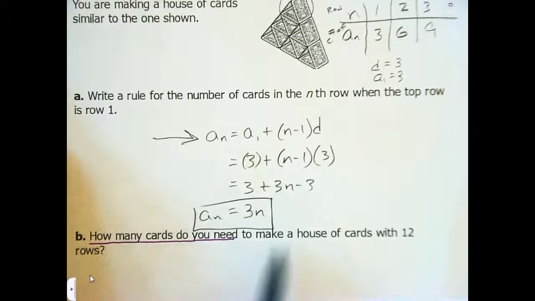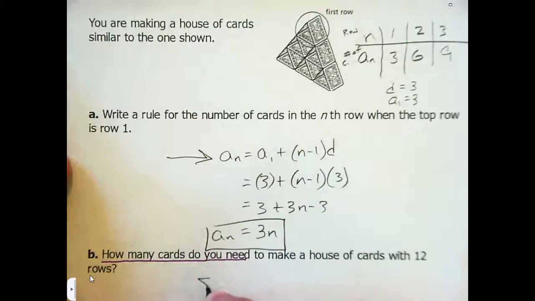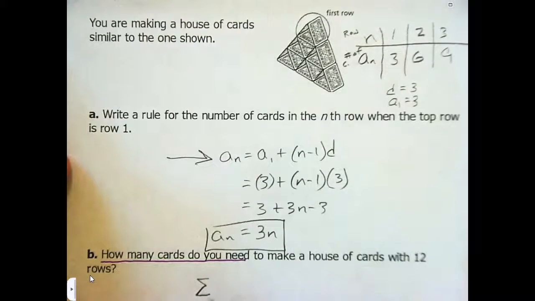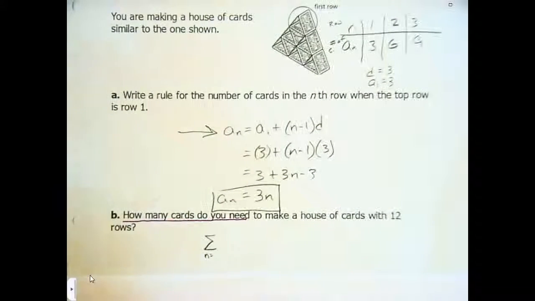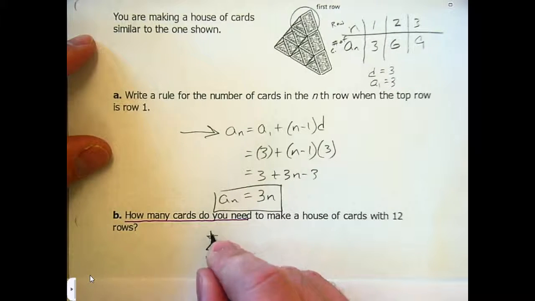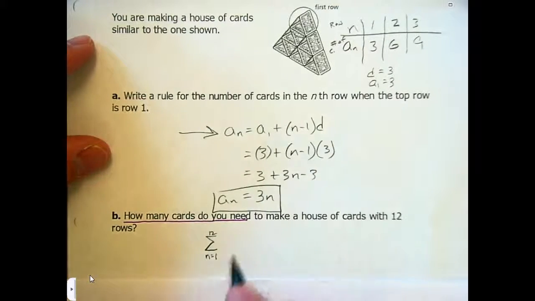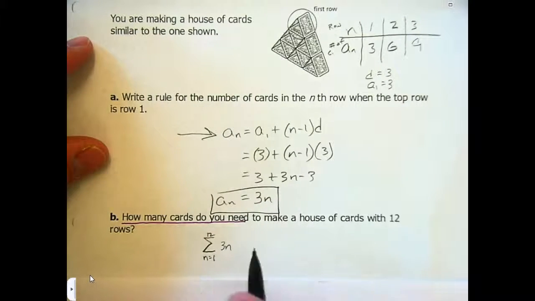Now, this one's asking for the sum, or how many total cards. That means you're using your summation. In this case, we're starting at n equals 1, and we're going to n equals 12. Now, obviously, we don't have 12 up there. And the rule is 3n. You can actually go through and plug in 1 through 12 into 3n and add them up, or